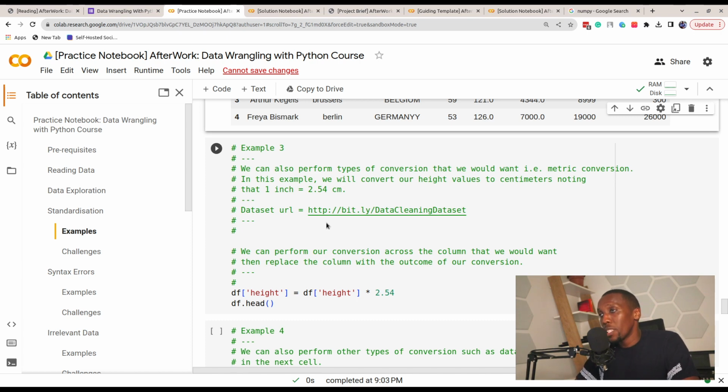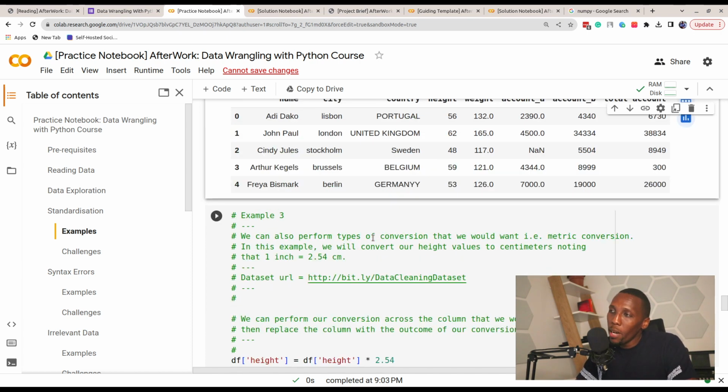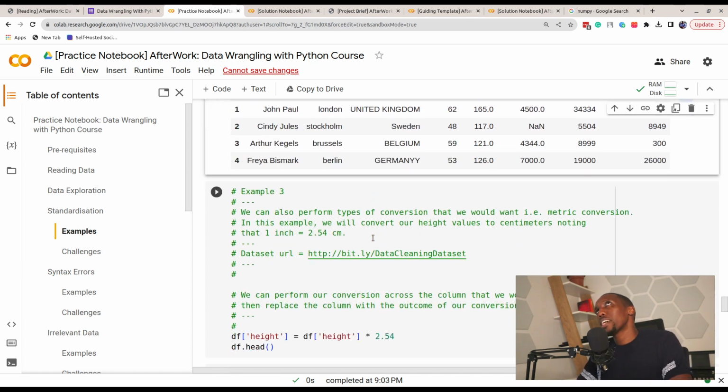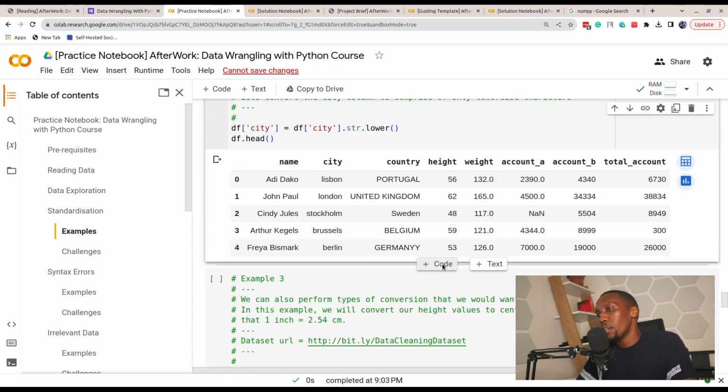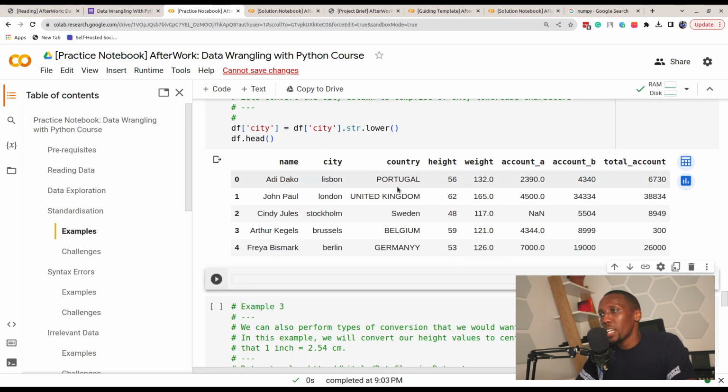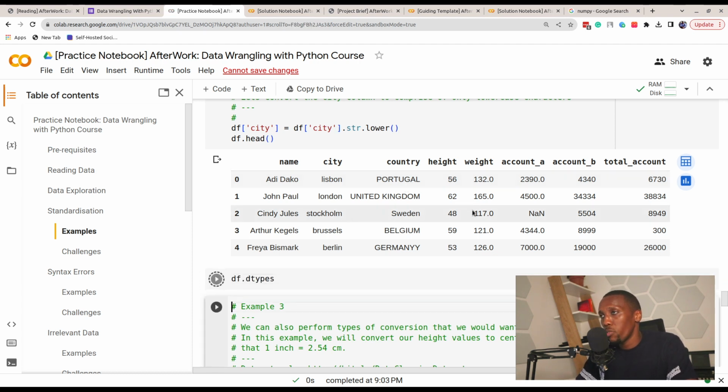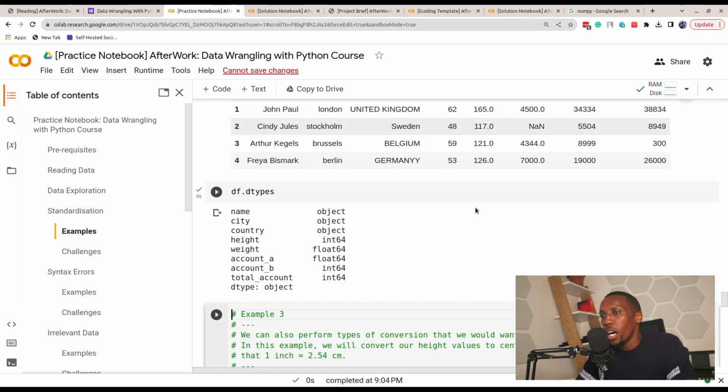We can also perform some sort of conversion or apply some mathematical operations. We had already determined the data types and seen that height. Well, we haven't determined the data types. We could actually determine the data types for this column. The one that we did was for the iris data set. So we can say df.dtypes to determine the data types for the columns, to ensure that we are working with